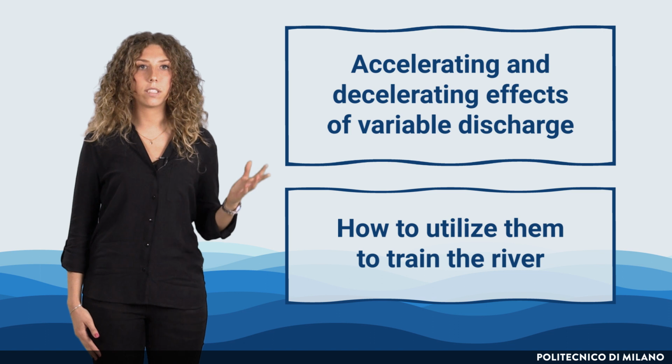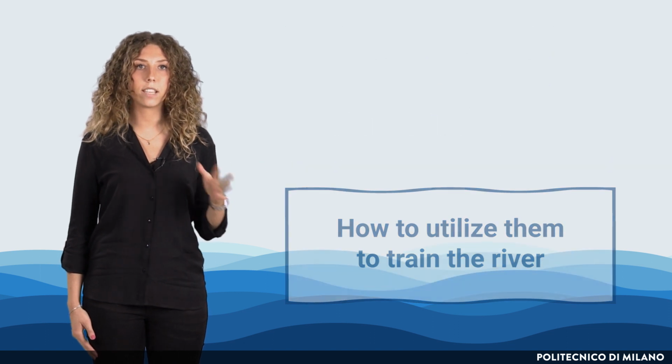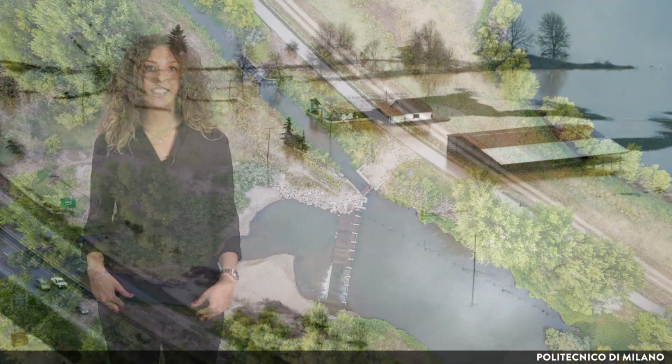An example of this utilization in real cases can be as follows. In the case that the incoming water volume is more than the channel capacity, we can have flooding, as seen in the picture. One of the possible solutions for this problem is to increase the cross-section of the channel. An alternative way of reducing the water height can be the creation of a system of diversion